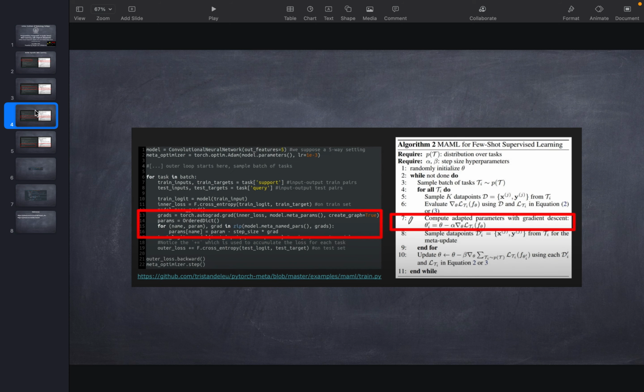Now what we have to do is compute the adapted parameters with gradient descent. This is done in the algorithm with line number 7, and we can do this in PyTorch as follows. First of all, we estimate the gradients of the inner loss with respect to our meta parameters theta, right? And we want to keep the gradients in the graph,